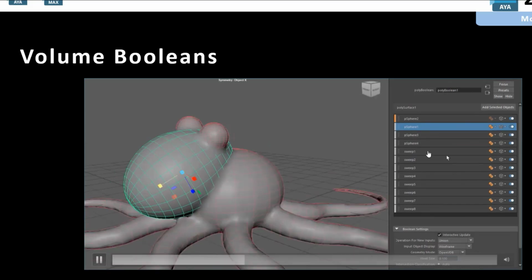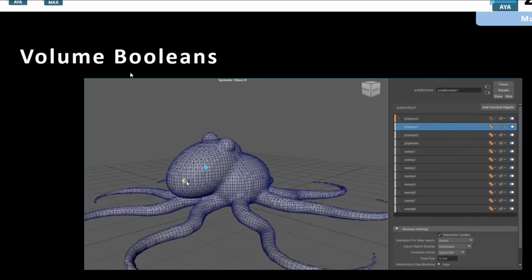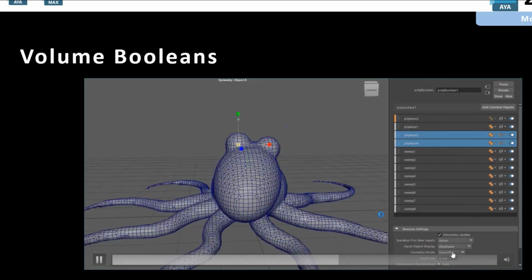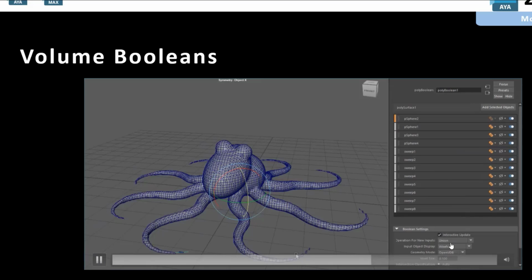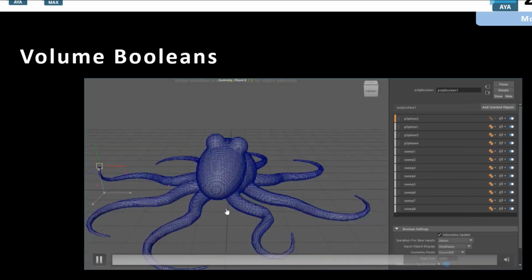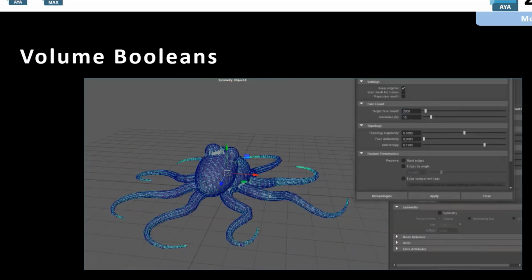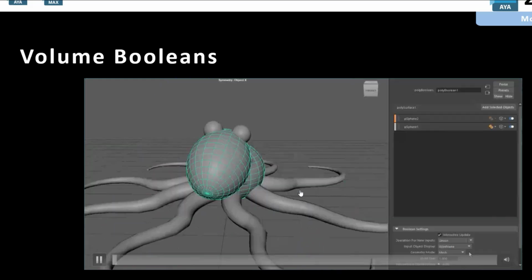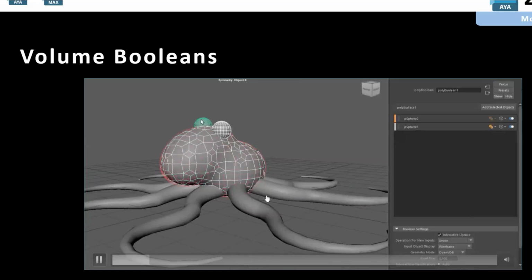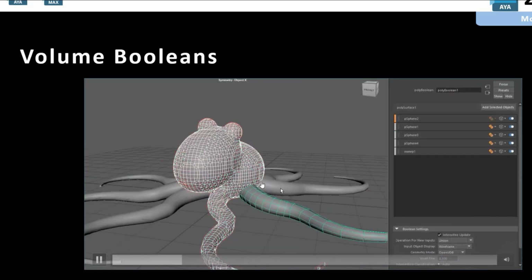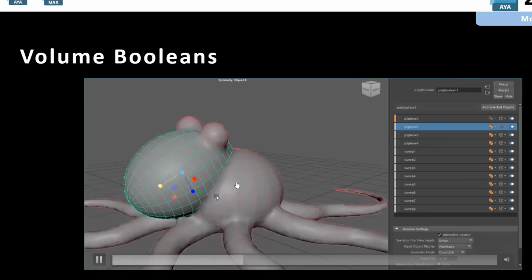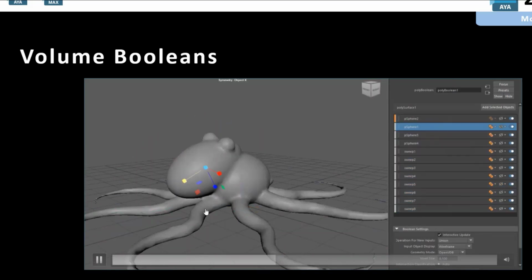You only use Boolean, and then the volume Boolean. There are options you can change, directly to the volume. Automatically this is faster than before. I think this is quite good, but of course at the end you need to do retopology, something like that.